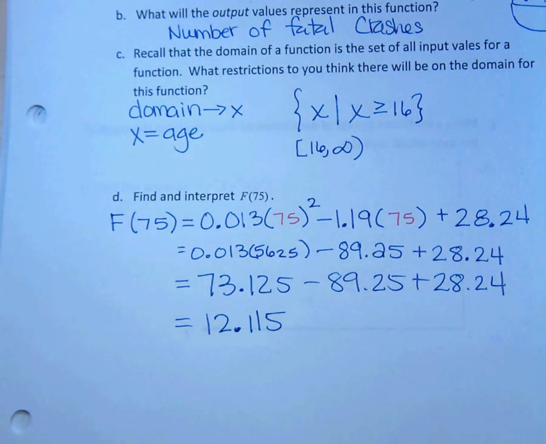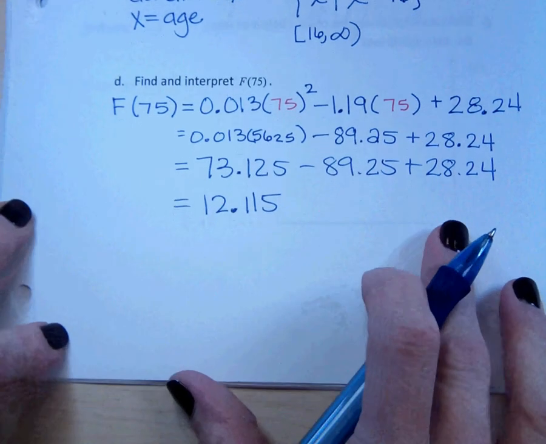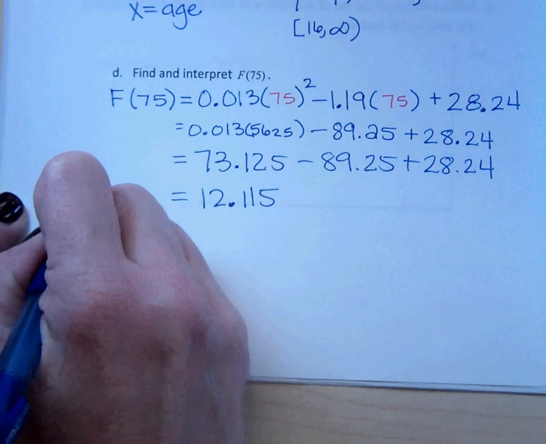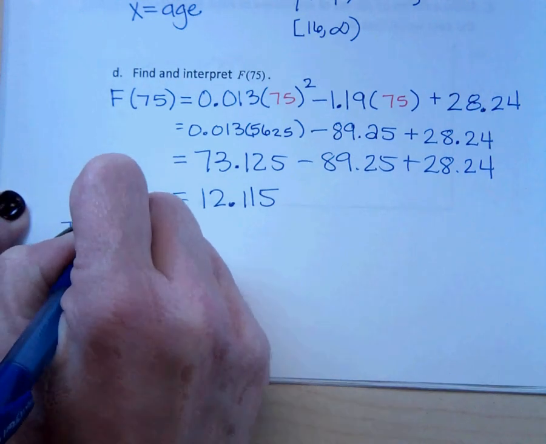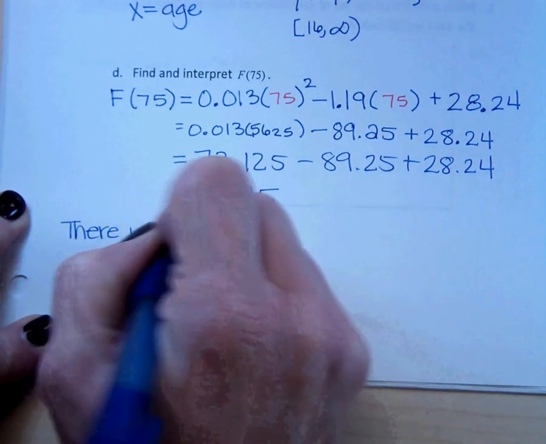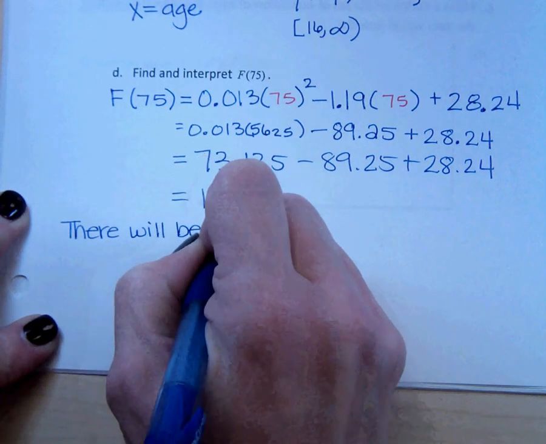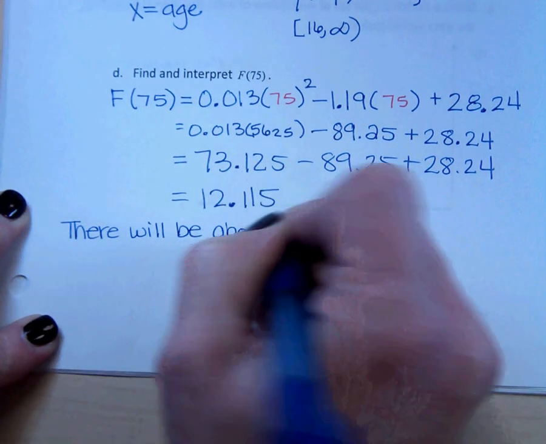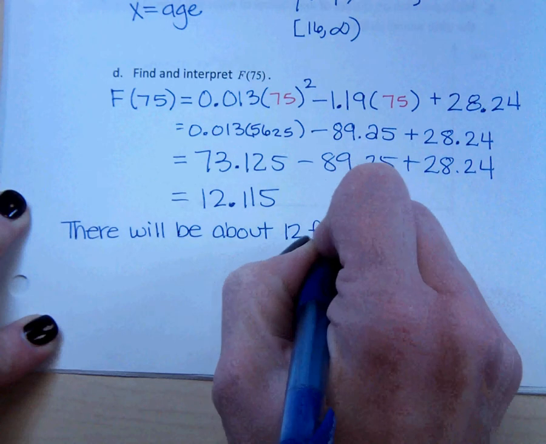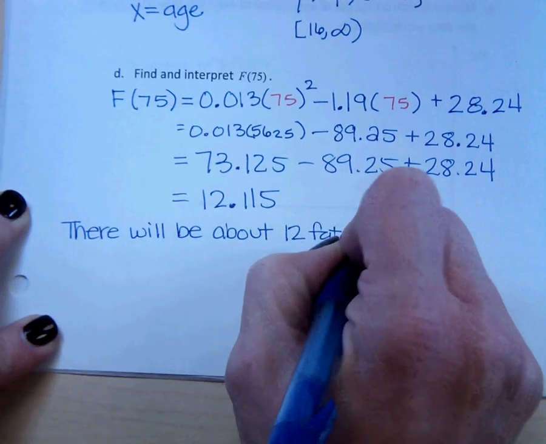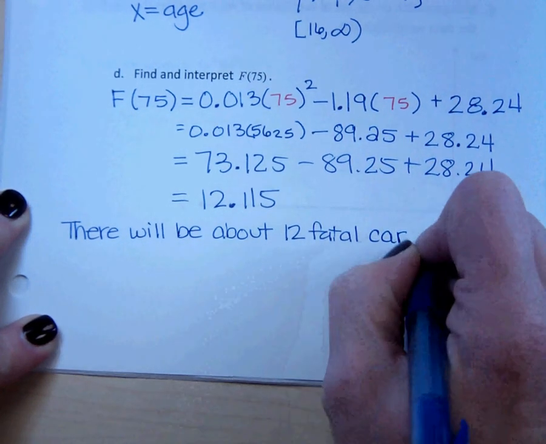So I'm going to estimate, I'm going to say that's about 12. So I would say there will be about 12 fatal car crashes